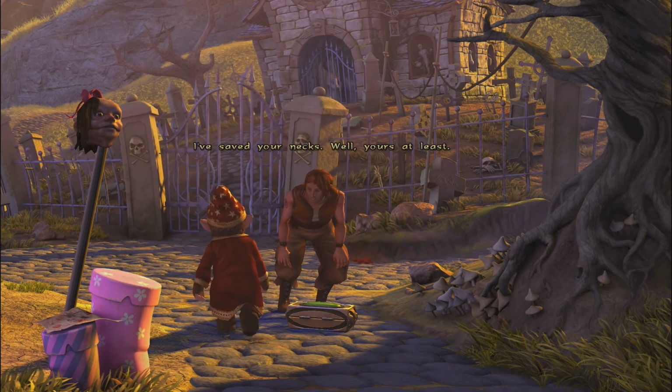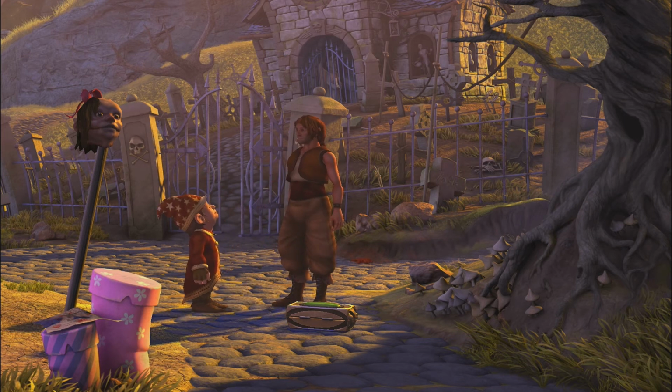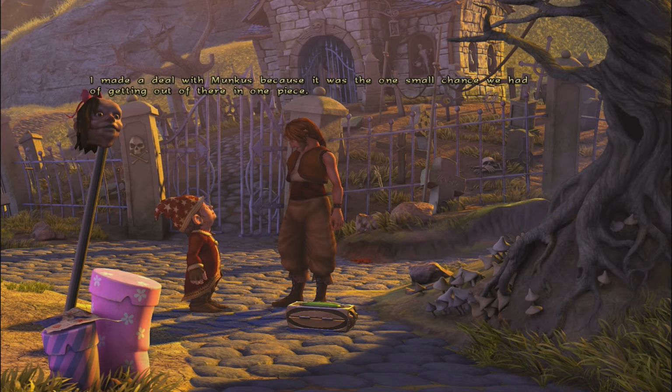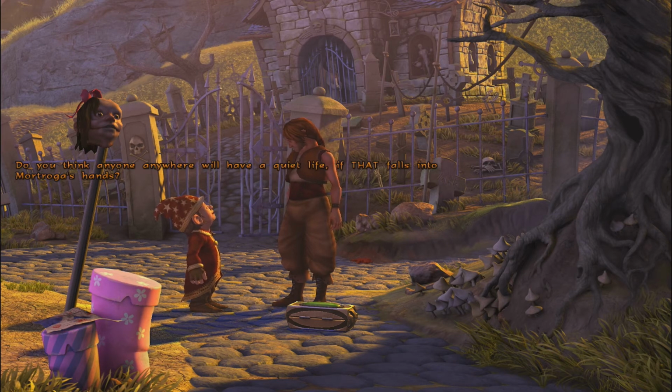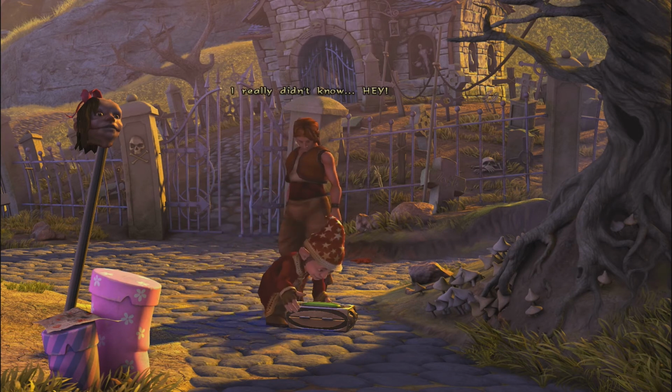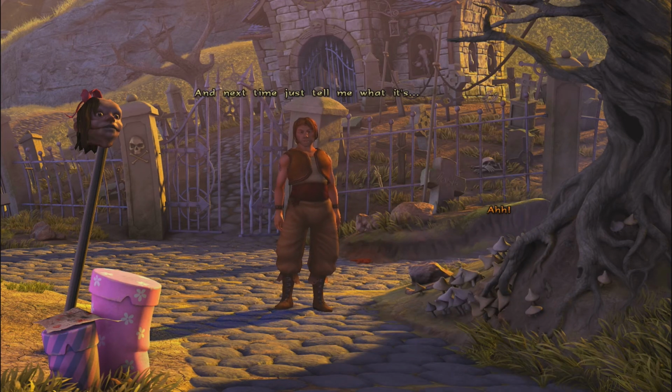How could you do that? I've saved your necks. Well, yours at least. You freed the sorcerer, all because you wanted treasure. Do you seriously believe I thought for 1 second that Munkus would give us a treasure hoard? I made a deal with Munkus because it was the one small chance we had of getting out of there in one piece. Don't you get it? They would have pursued us and made our lives hell. And sooner or later we'd have fallen into their hands. No treasure's worth that. Do you think anyone anywhere will have a quiet life if that falls into Motroga's hands? I really didn't know. Hey! Hey, little guy, where are you going? Fine, just go. And next time, just tell me what it's...